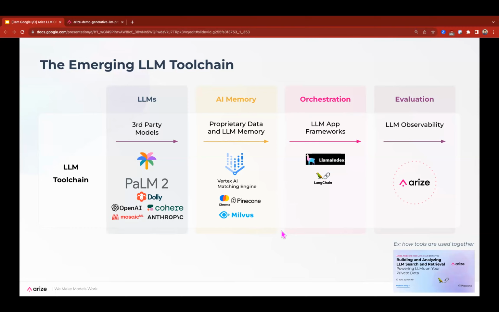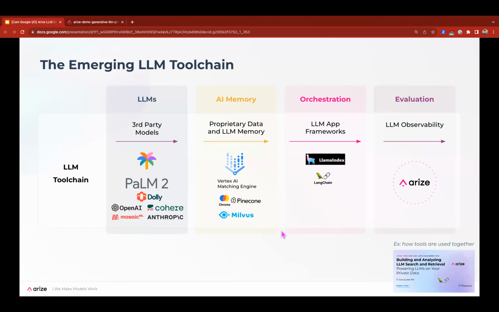Things like Google's PaLM, DALL-E, etc. What you also want, to really supercharge the LLM, is a vector database. You see targets like Vertex AI. Then you want some sort of orchestration layer on top of all that, which is very crucial, using things like LangChain or LlamaIndex. You also want observability, which is on the rise. You can pick and choose what works best for your organization.